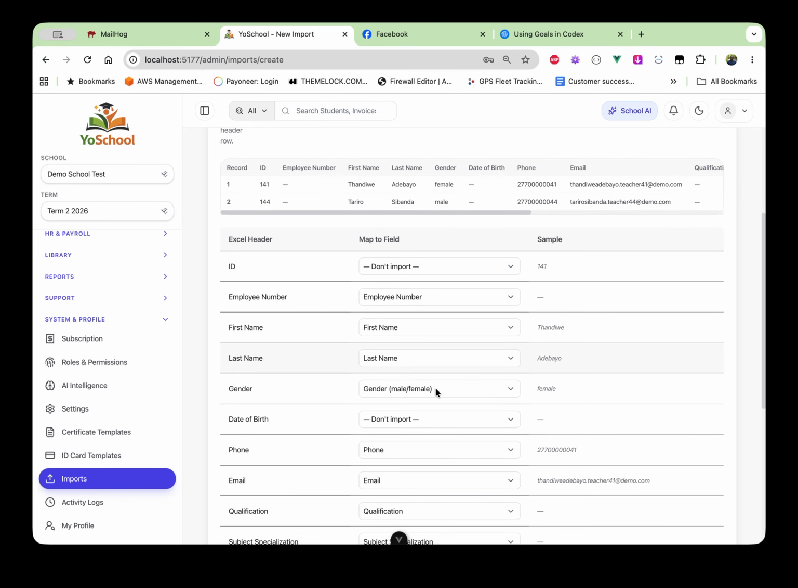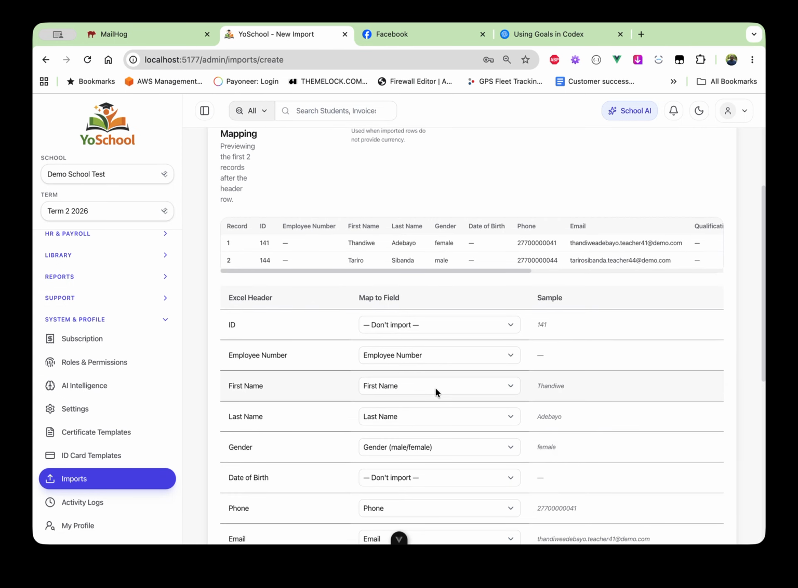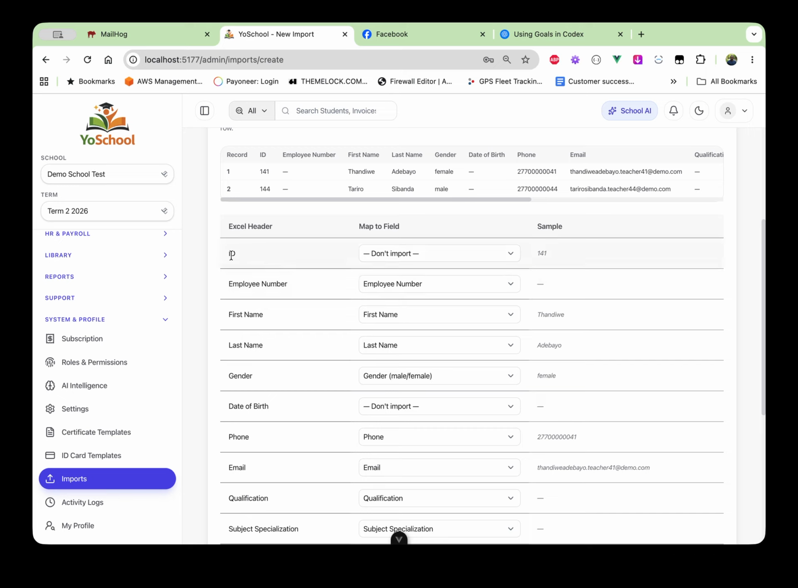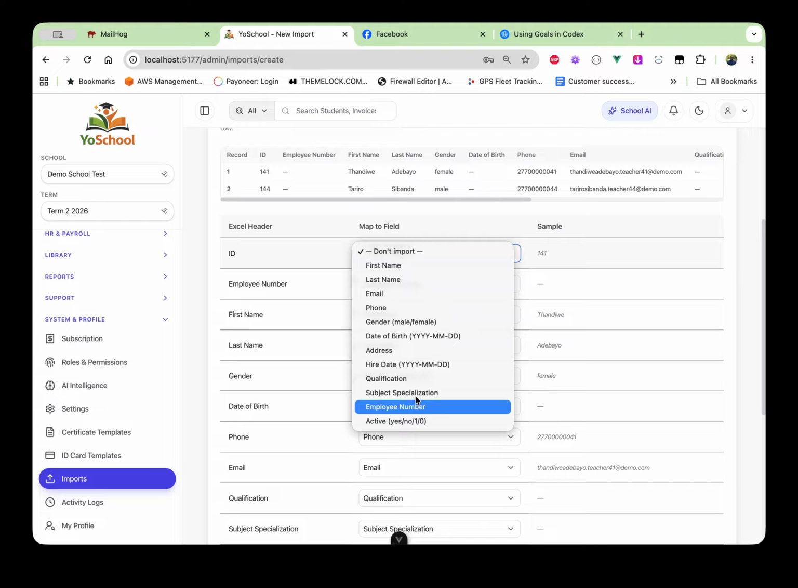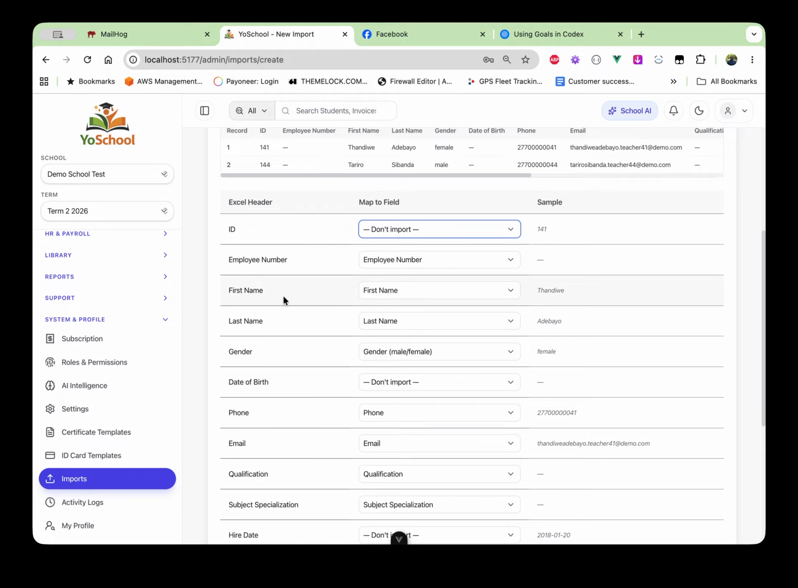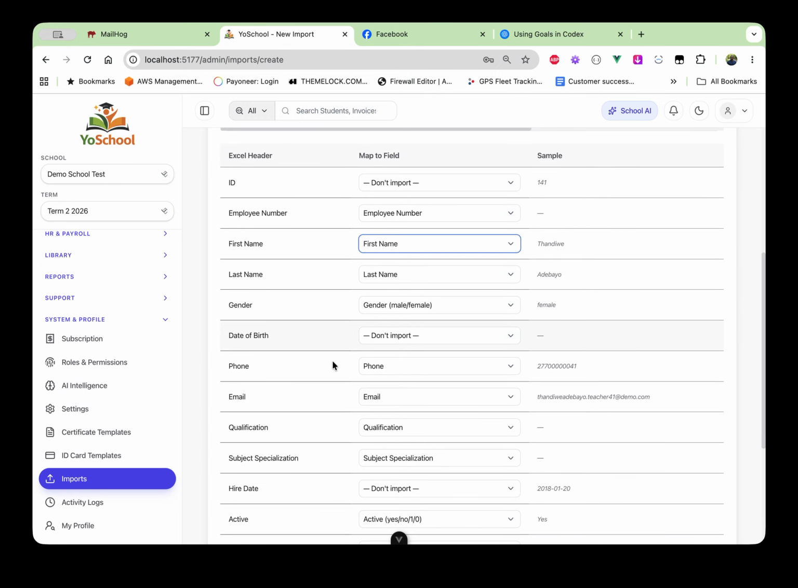So now we are going to do what we call column mapping. So the Excel headers, these are the headings in the Excel file, and then we need to map them to our fields. We are not going to map the ID. Okay, we can just map the ID to what we call the external ID, such that we can reference it later in our system. Okay, let's not import this. The employee number is auto-selected to employee number. First name is auto-selected to first name. Last name auto-selected to last name. Gender has been auto-mapped. The date of birth,